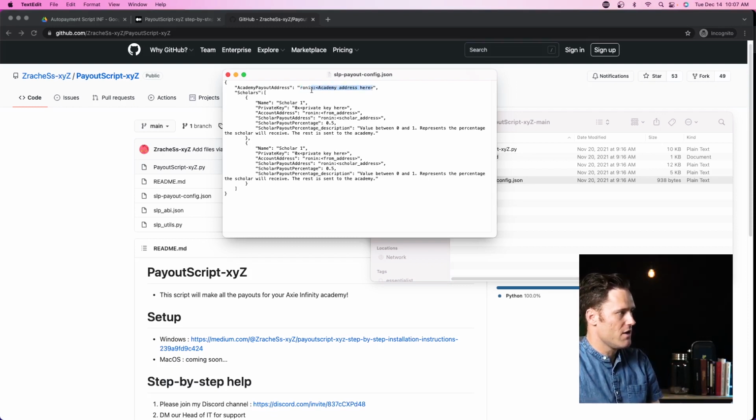You're going to put in your Ronin Academy address in here. So your Ronin: whatever the numbers are for yourself. This is for paying the guild or yourself, or however you want to put it. He's called it your academy. So then you're going to put the scholar name in here. You're not going to change any of these things in quotations over here to the left, just the ones on the right. So you're going to put in the name of the scholar,